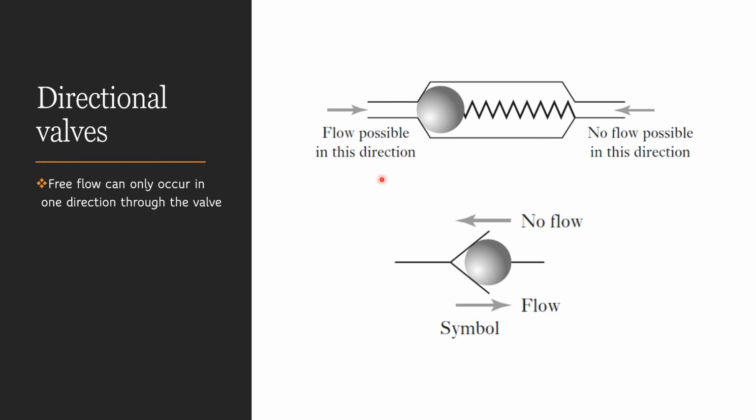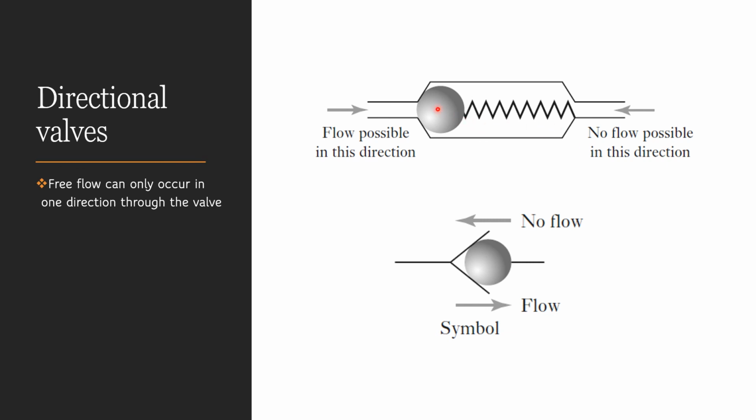As shown in the figure, it consists of a ball which is seated in a valve seat and is connected by a spring. So when the liquid enters from right to left, the liquid is trying to push the ball into the seat again, and thus the flow won't happen. However, in case of the left to right movement, the fluid will be pushing the ball against the spring, and the spring will be loaded.